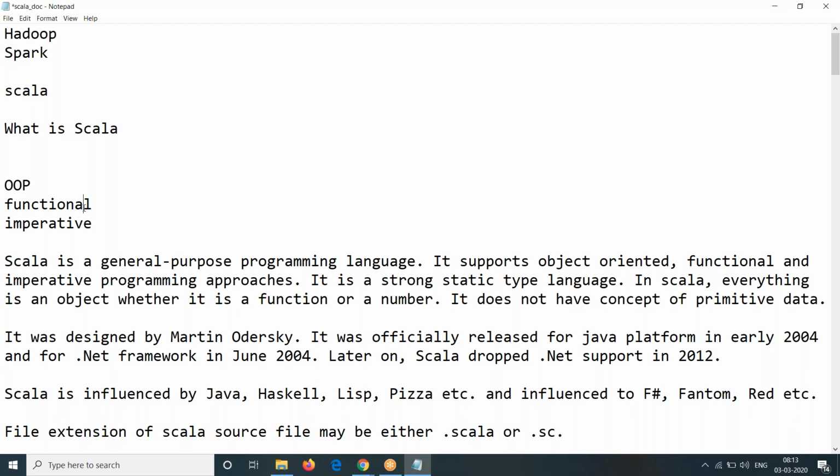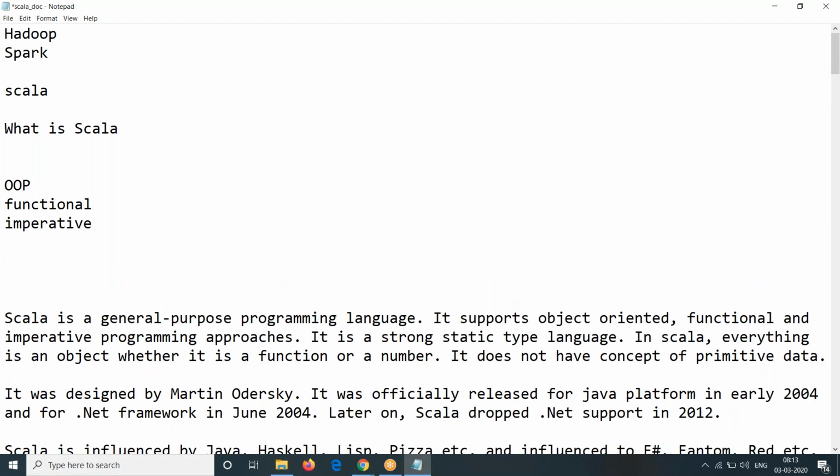But still, Scala is pure object oriented. In Java, we still have primitives, which are not objects. But in Scala, even your data types are objects. Everything is an object, so it's pure object-oriented programming. It acts as a bridge between these two actually. It acts as a bridge between OOP